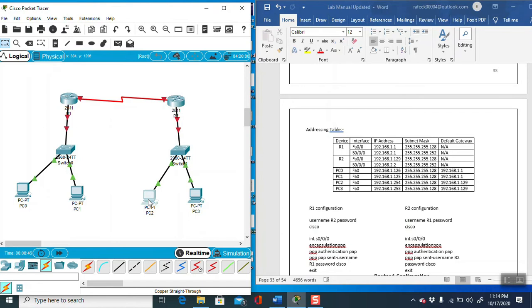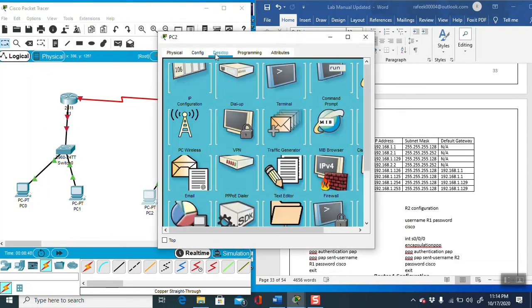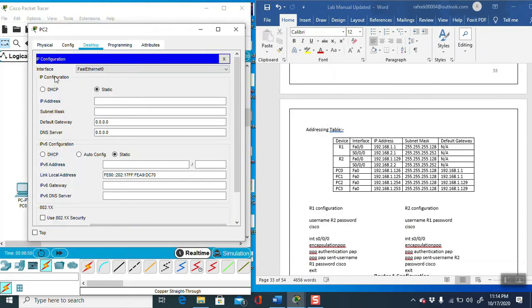Similarly, go to the next PC, Desktop, IP Configuration, and give the IP address 192.168.1.125, mask 128, and default gateway 192.168.1.1. Now go to PC2, with IP address 192.168.1.254, mask 128, and default gateway 192.168.1.129. Is this correct?